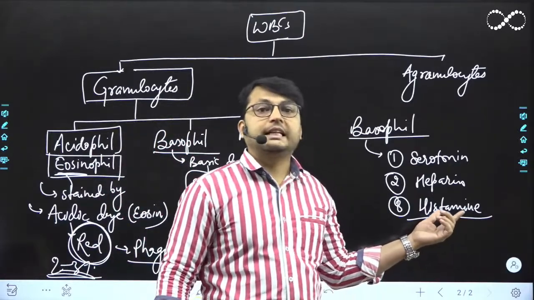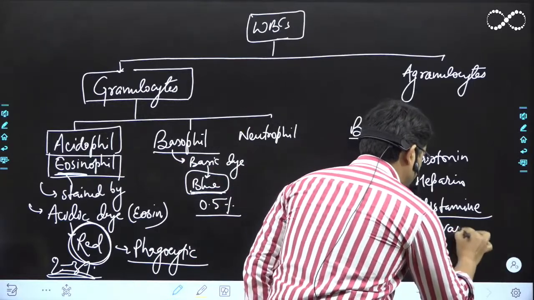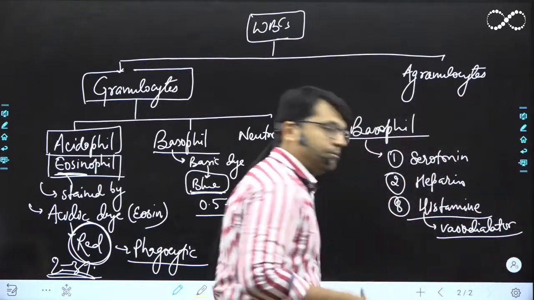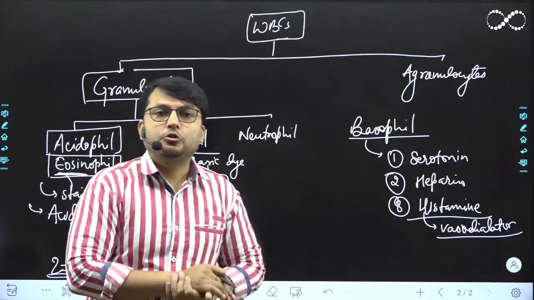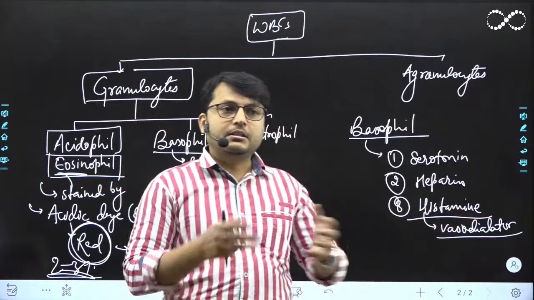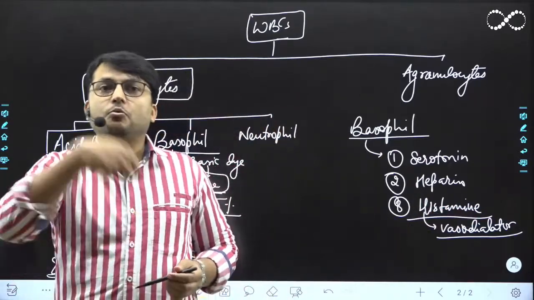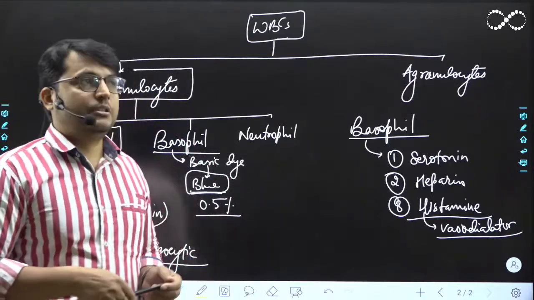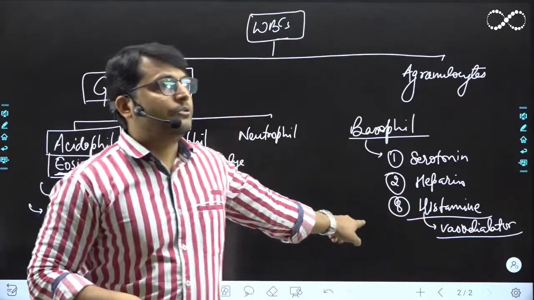Histamine is a vasodilator. Now you will ask what that is. See, vasodilator: vaso is for vessel, blood vessel. Dilation, you know, means to increase the lumen diameter. So if there is a secretion of histamine, it is going to increase the lumen size of the blood vessels, so there will be more blood flow, and this has a particular relevance in the inflammatory response. So histamine is going to help in the inflammatory response.